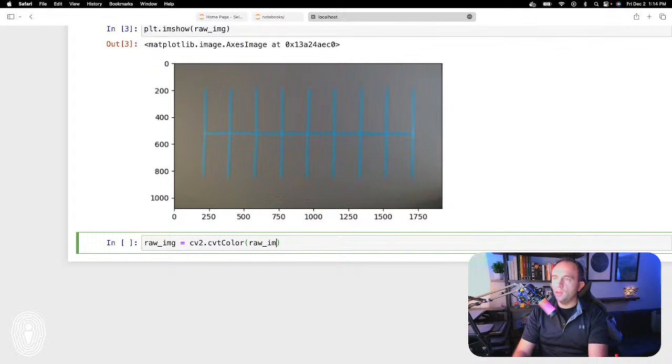I'm going to pass in the raw image, and then cv2 dot color bgr